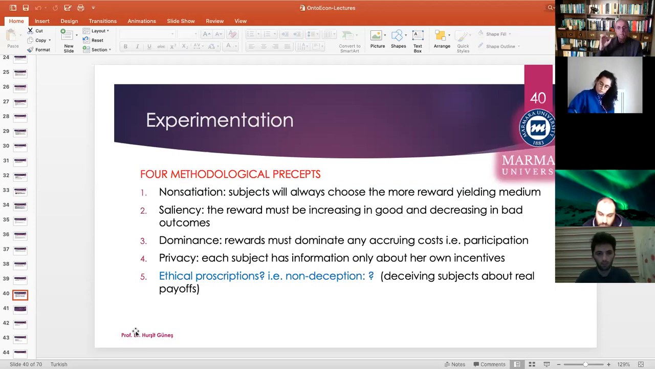Now, the number 5 I put, which can be debated, ethical prescriptions. Now, one example to ethical proscription is non-deception. Proscription is